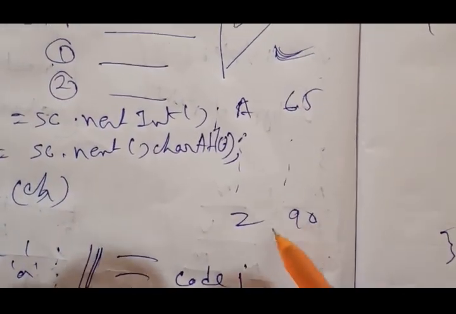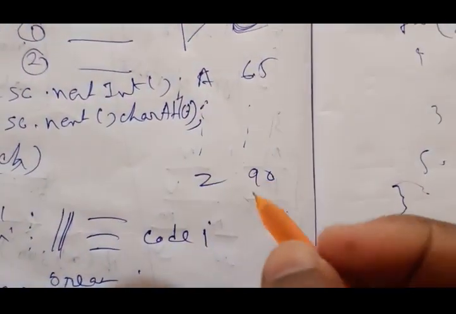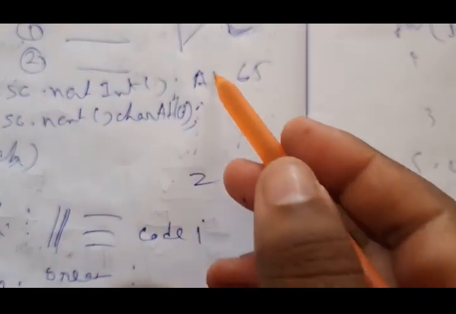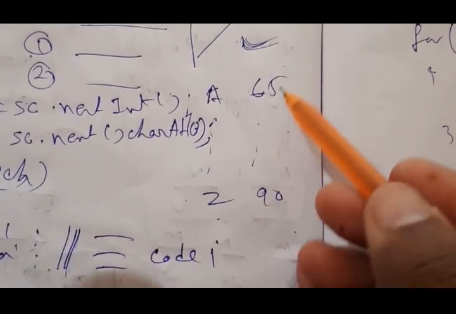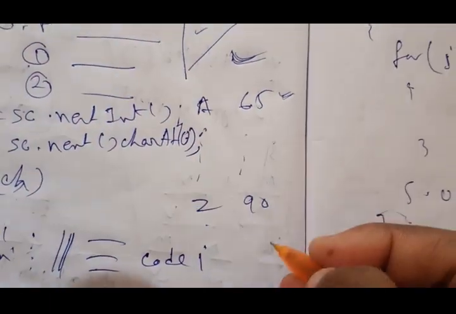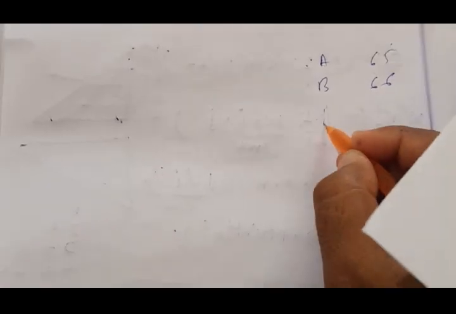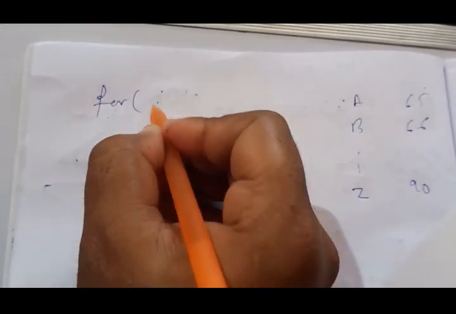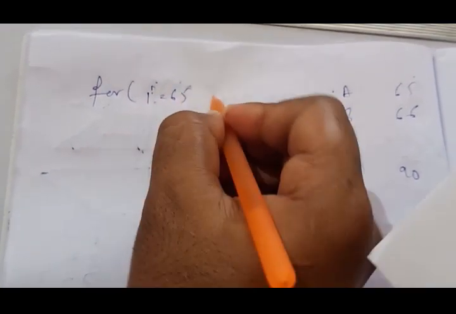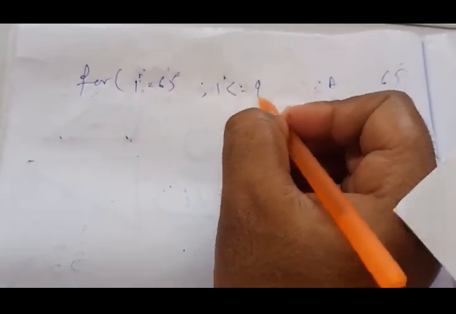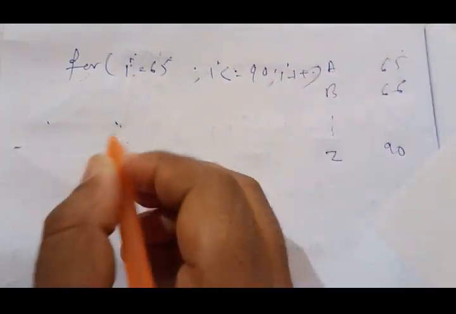And you can use the previous pattern. You just print, suppose for this case one loop is required, which controls the number of lines. Our starting point is 65 and you use 65 to 90. I will show you only the answer. Suppose you want to print A 65, B 66 and up to Z 90. How do you write it? Simply for i is equal to 65, i less than or equal to 90, i plus plus.